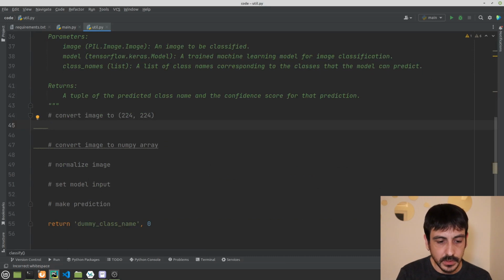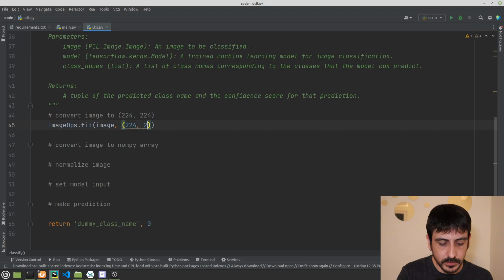So we're going to call ImageOps.fit, and we are going to input the image we are getting, and we are also going to input the size, which is 224 times 224. And then we are going to input a constant, which is Image.Resampling.LANCZOS, right?